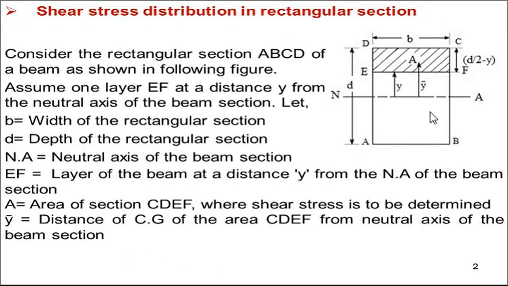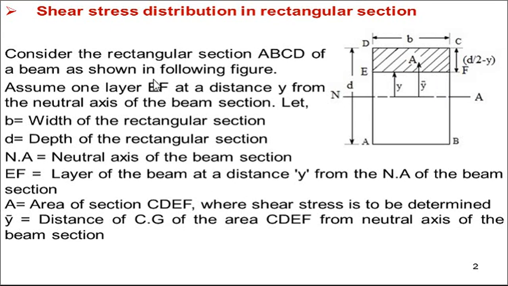First of all, there is a figure in front of you. This figure is a rectangular shape. You know that the breadth is B and the depth of this rectangle is D. There is a neutral axis and a shaded area. First of all, we have to find the shear stress for the shaded area. Then we can determine the shear stress for the whole section above the neutral axis or below the neutral axis, and other types of shear stresses.